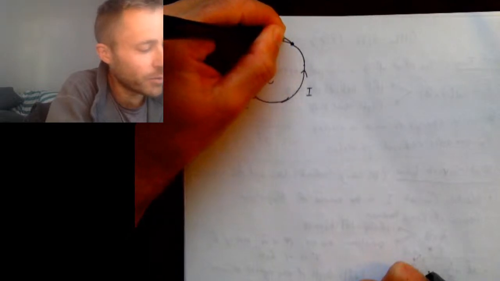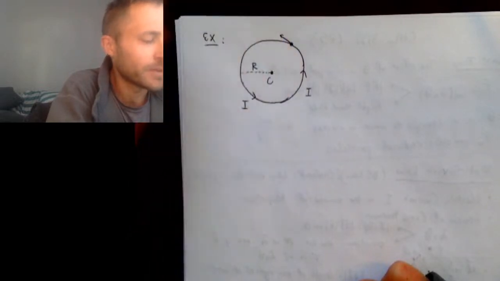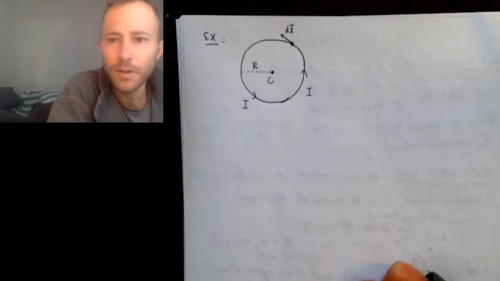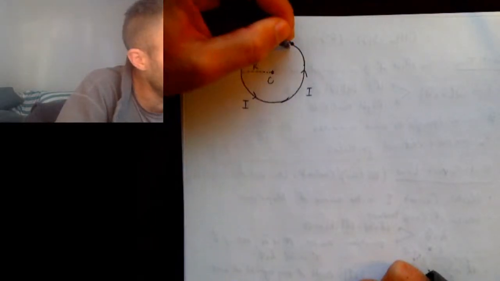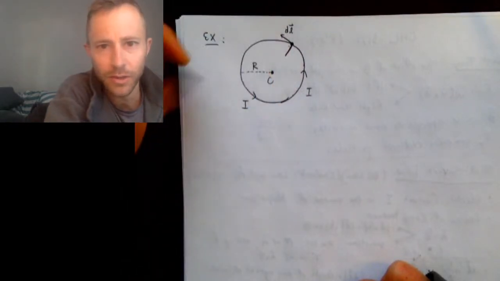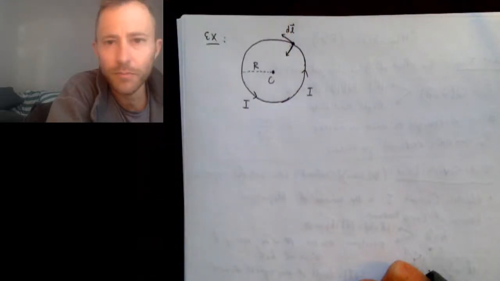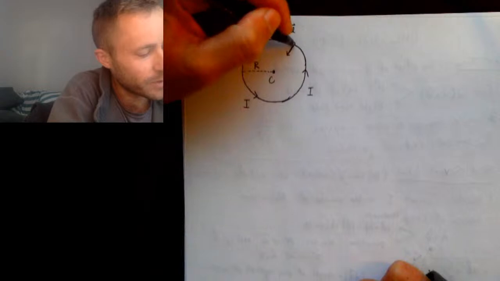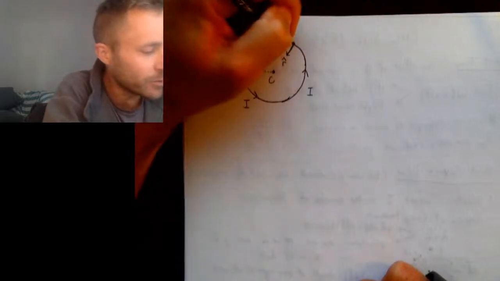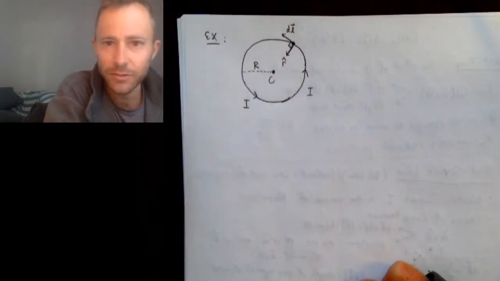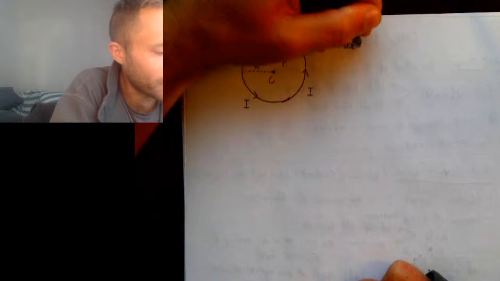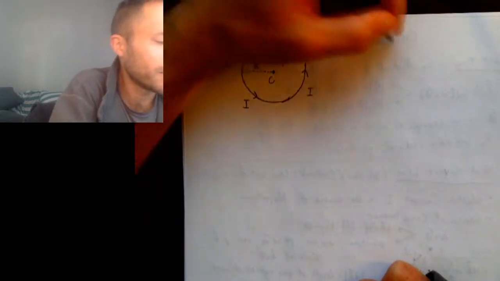So dl is going to point tangent to the loop. And then r hat is going to point from the segment of wire to where we want to calculate the magnetic field. So that would point from the edge of the circle towards the center. So that's r hat. And we can see that the angle between them is 90 degrees. All right. So if I were to do dl cross r hat,